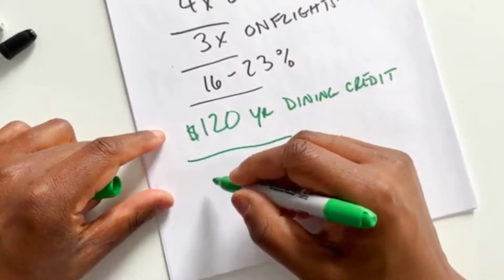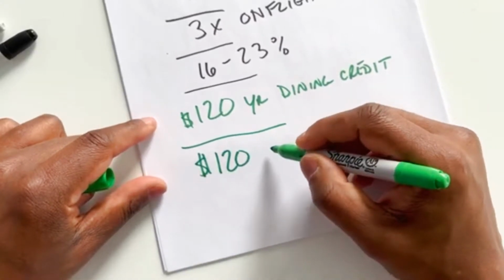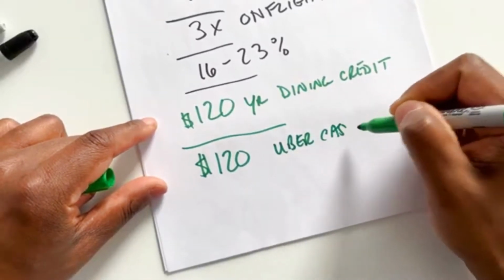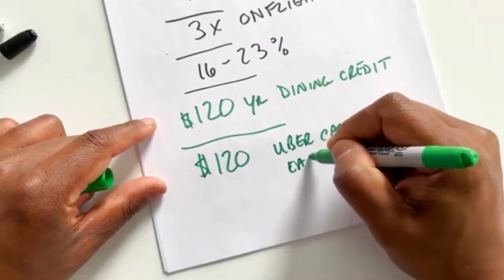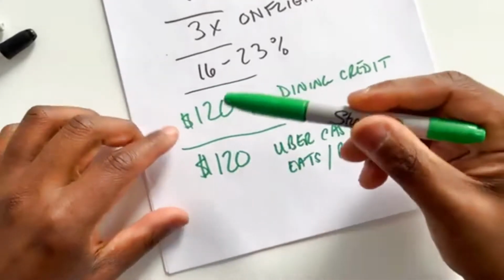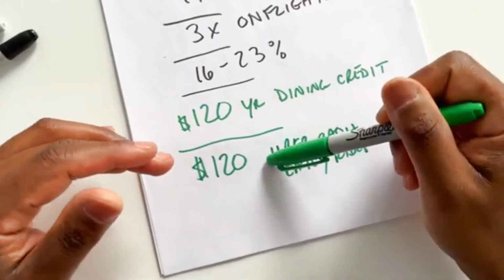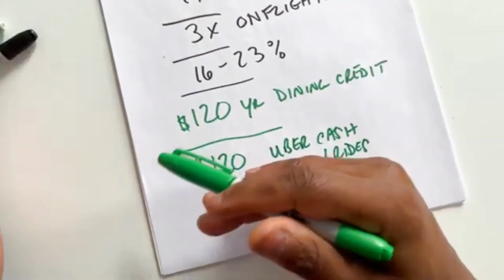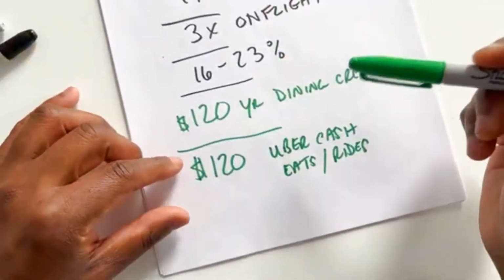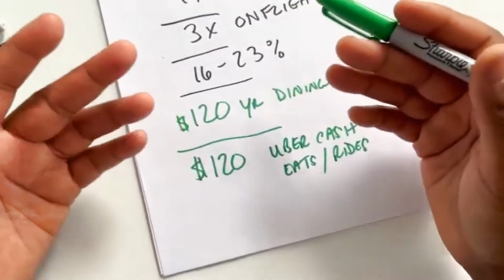Now they've added, and the big kicker, which made me really think about this, is $120 in Uber Cash. So that's Uber Eats or Uber Rides. And what American Express has told me is, if I add my American Express card to my Uber account, I'll receive the $10 Uber Cash this month. So same thing as the dining credit, $10 a month, but it's $10 that I was going to spend anyway,